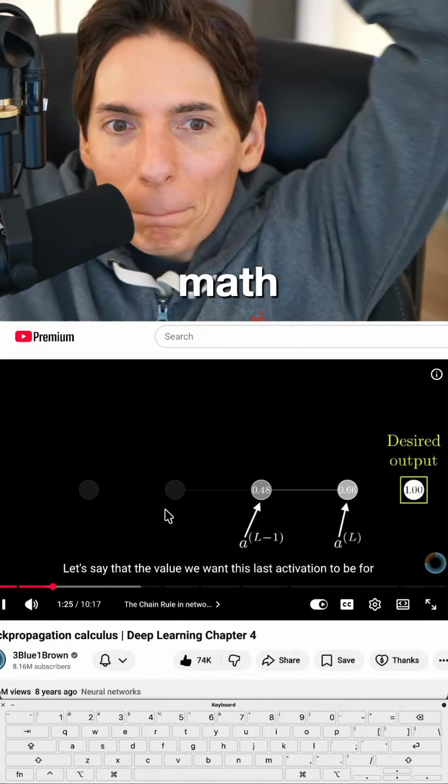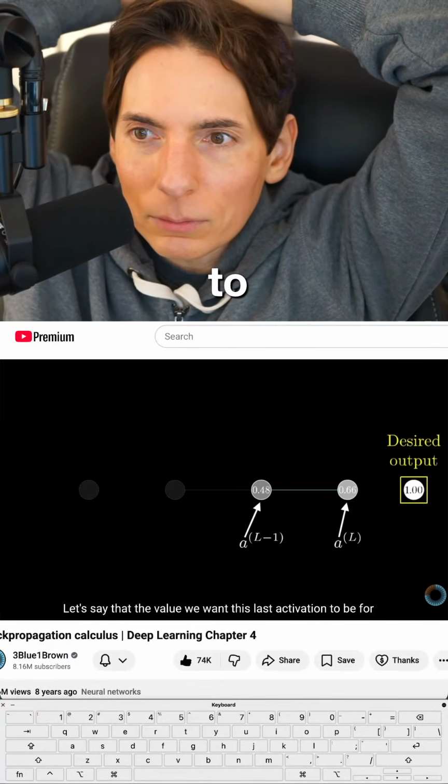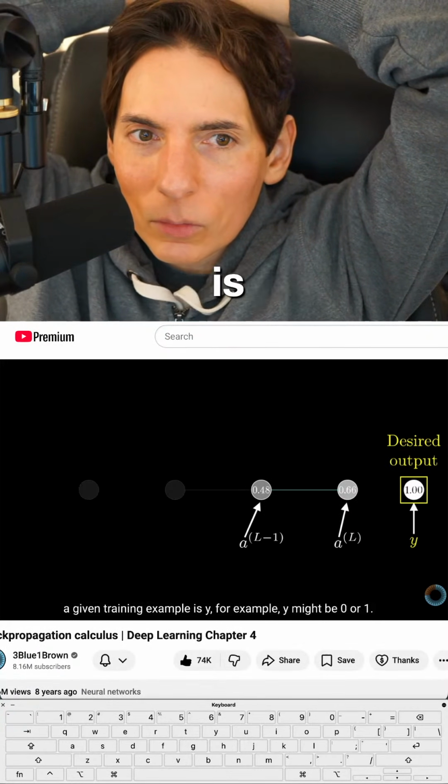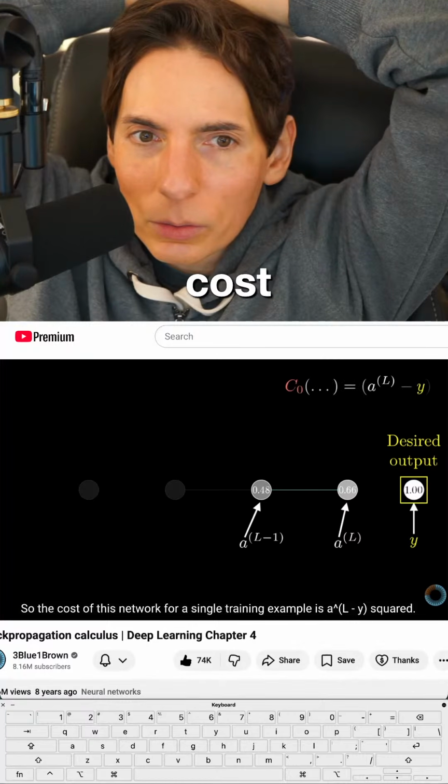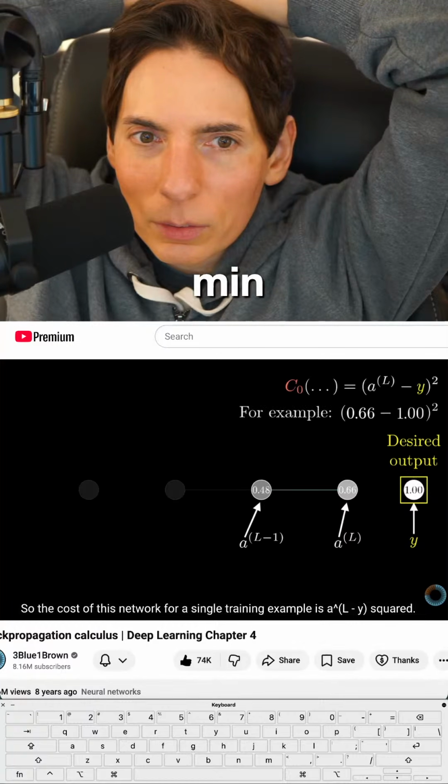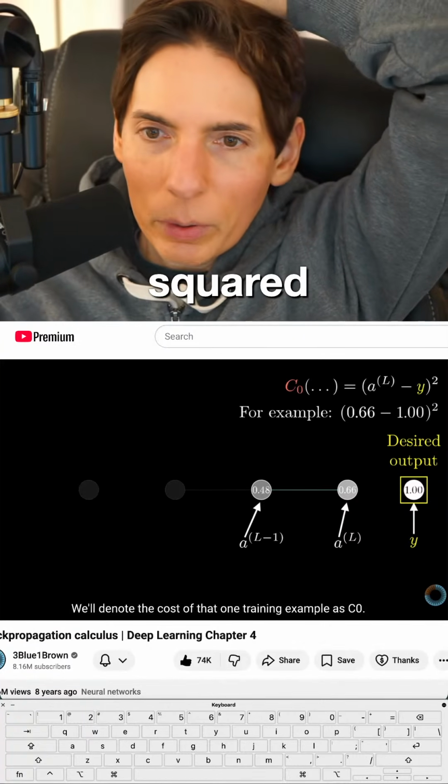Let's say that the value we want this last activation to be for a given training example is y. For example, y might be 0 or 1. So the cost of this simple network for a single training example is (a^L minus y) squared. We'll denote the cost of that